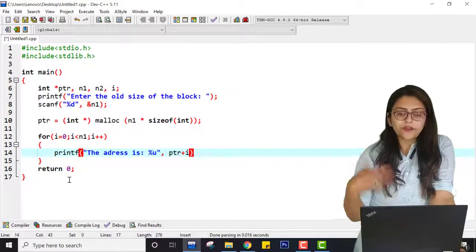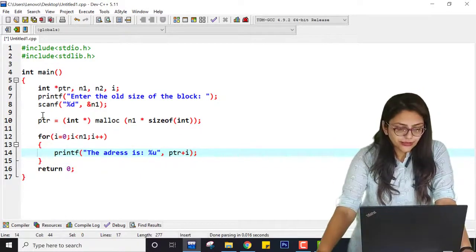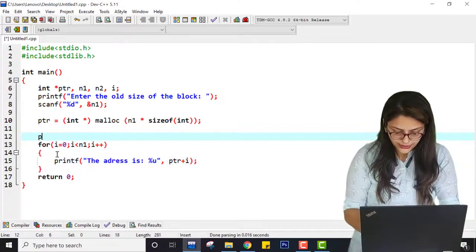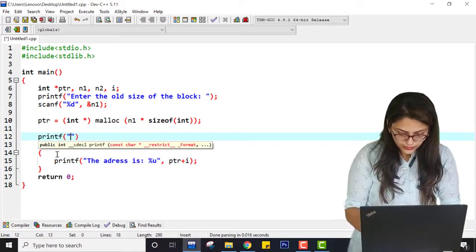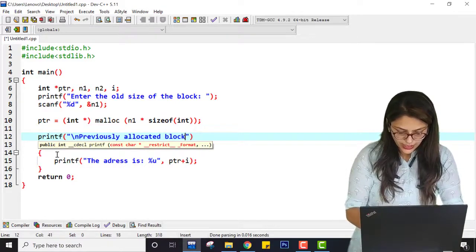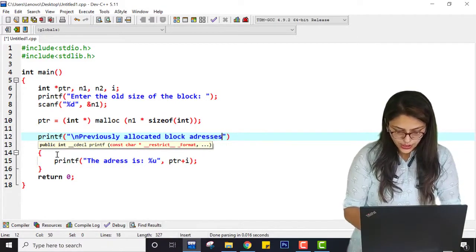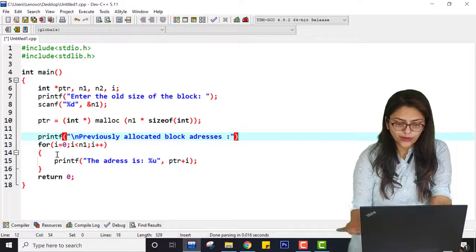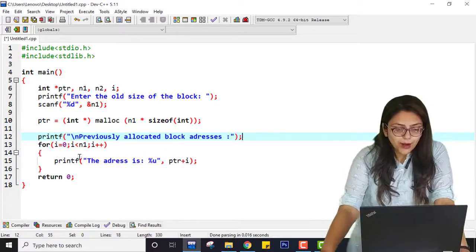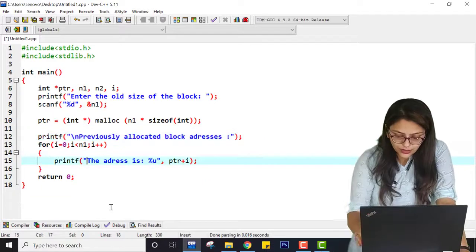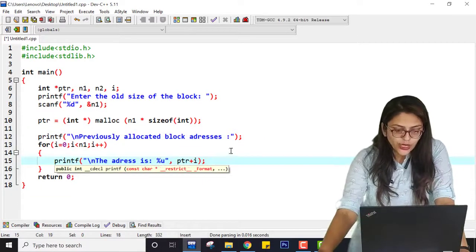So the address of each element will be printed, and here I'm going to print printf, newline, previously allocated block addresses. So the previously allocated block addresses will be printed over here by using this statement, and here newline.